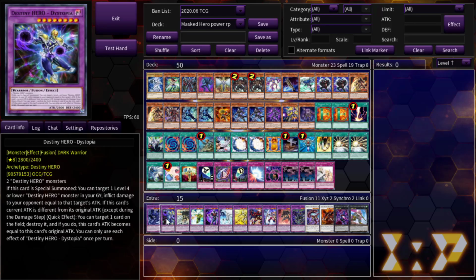Destiny Hero Dystopia Guy. I don't run his advanced fusion. 2 Destiny Hero monsters. Okay, I have 2 Destiny Hero monsters. When this card is special summoned, you can target 1 level 4 or lower Destiny Hero monster in your graveyard and inflict damage to your opponent equal to half that card's attack. If this card's attack is different than its original attack